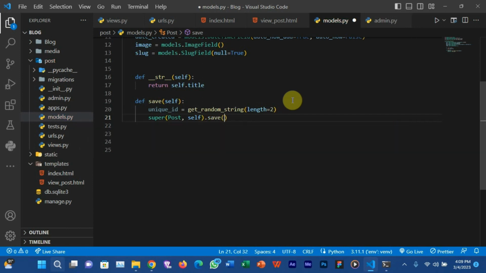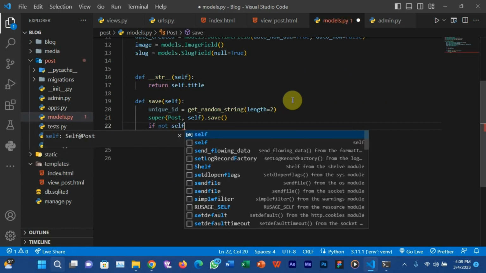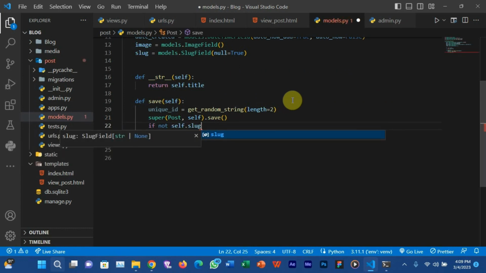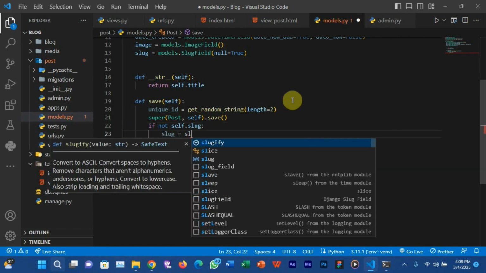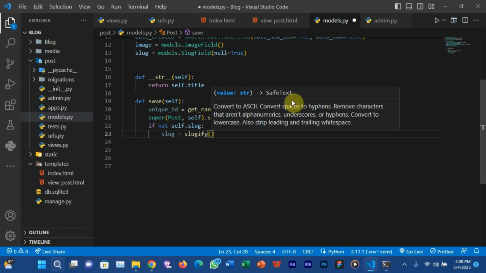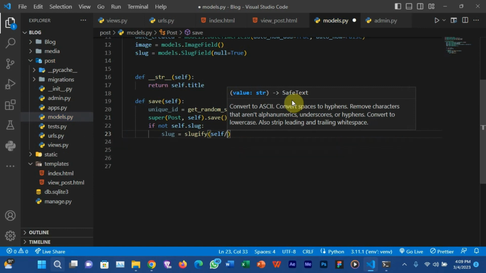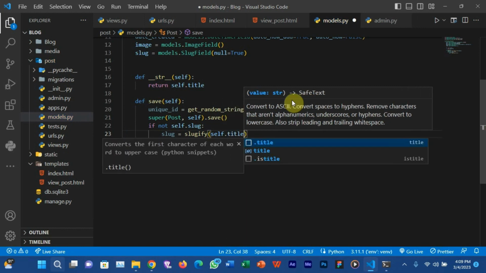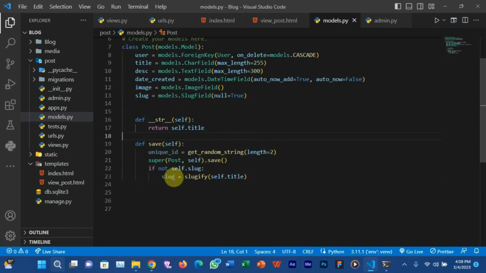After this, if not self.slug, you can set the slug to be equal to slugify of the post title, so you pass in self.title. Here it will just pass the title of the post to this slug variable.